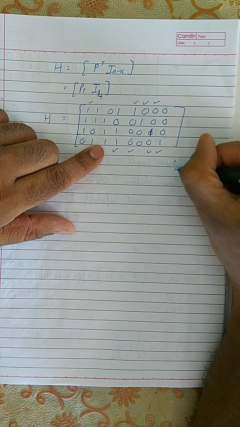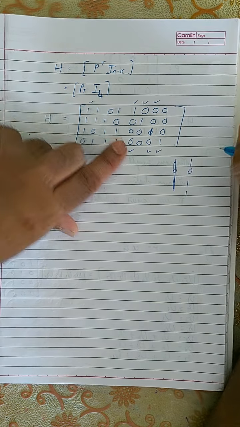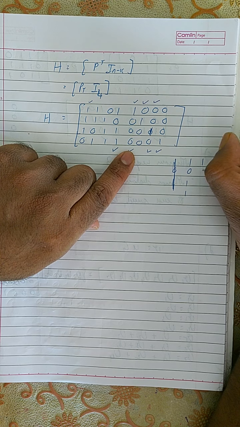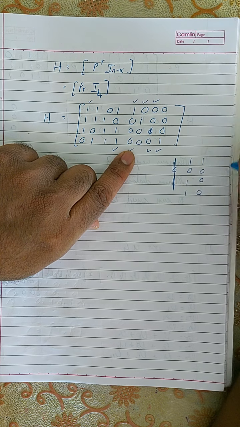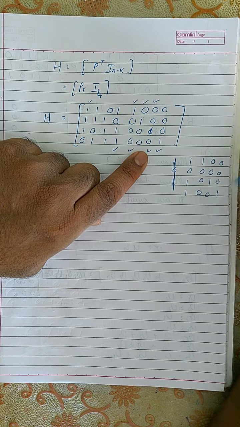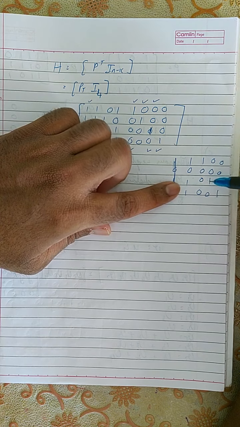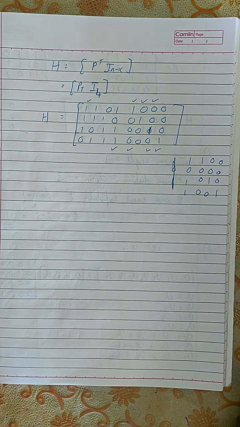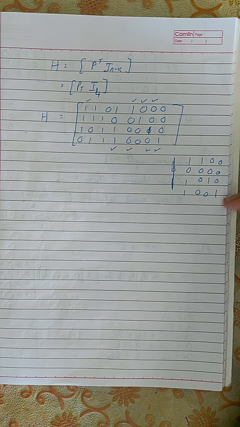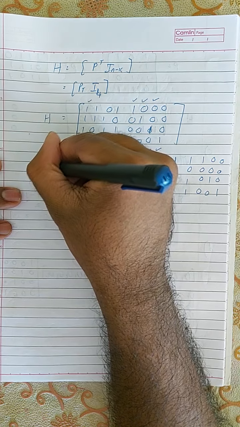Which are those 4 columns? 1, 0, 1, 1. And then 1, 0, 0, 0. And then 0, 1, 0, 0, and 0, 0, 0, 1. See, if I add these 4 columns, I will get all zeros. 1 plus 1 is 0, 0 plus all zeros, 1 plus 1 is 0, and 1 plus 1 is 0. So if I add these 4 columns only, I will get this. So therefore the minimum weight is equal to